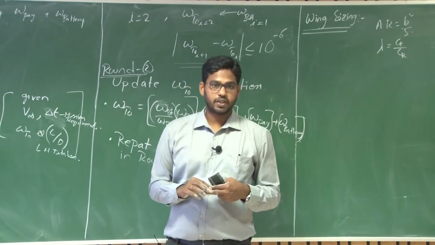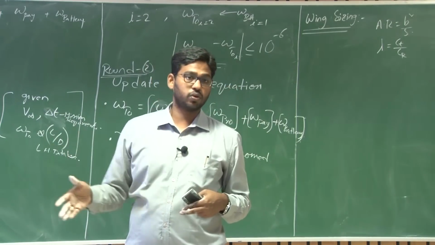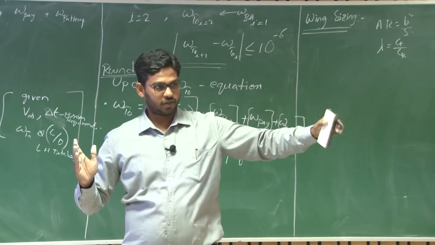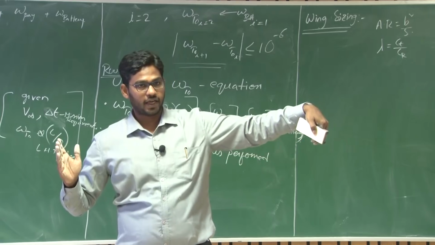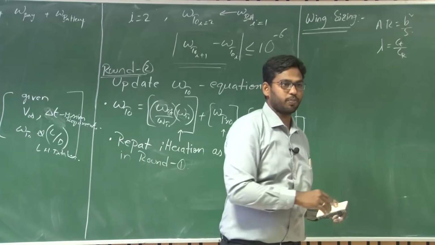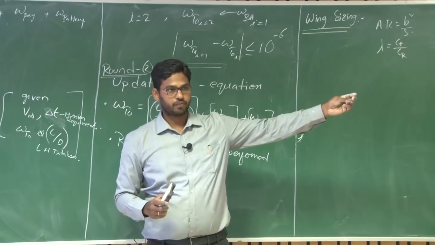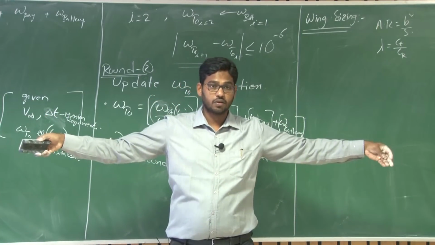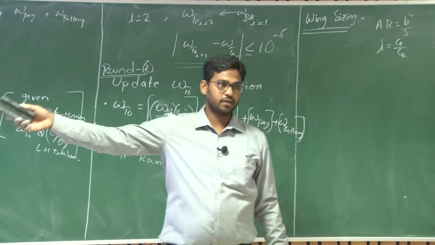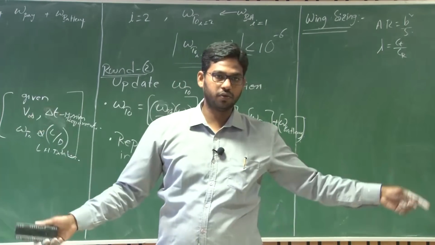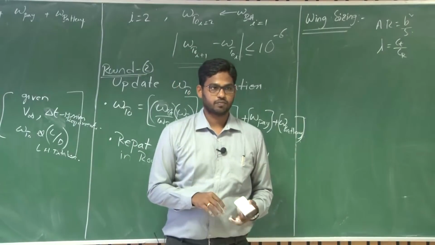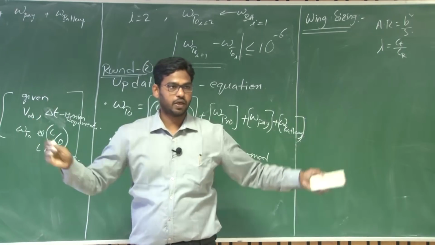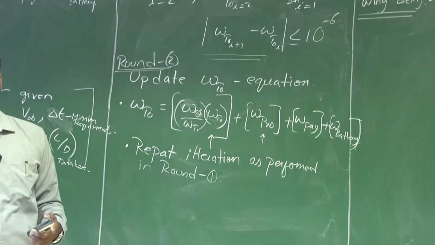But the advantage is we want the root to stall first, not the tip. That means you will give a negative twist. You will reduce the angle of attack as you progress along the span towards the tip, right? Why? Because we will have control surfaces, ailerons, which are responsible for roll control at the tips. So we will use the ailerons to recover from the stall, and we don't want the tips to stall. That's another reason why you need to have twist along the wing.